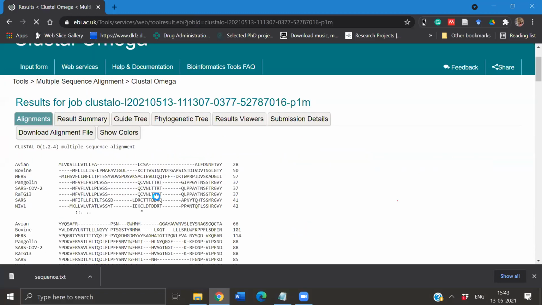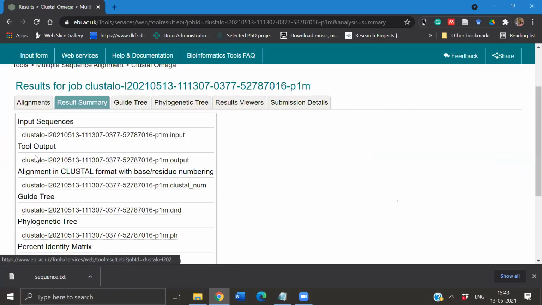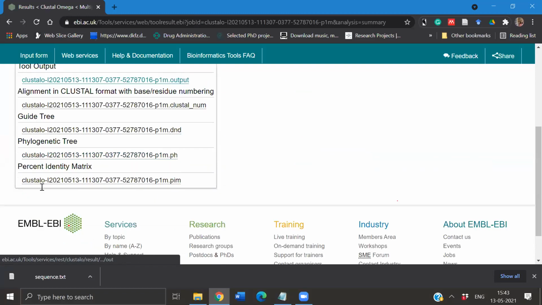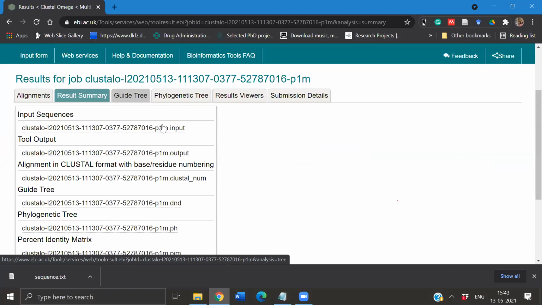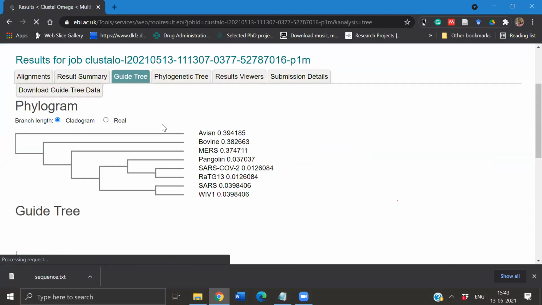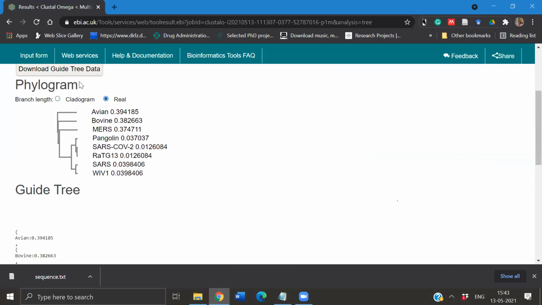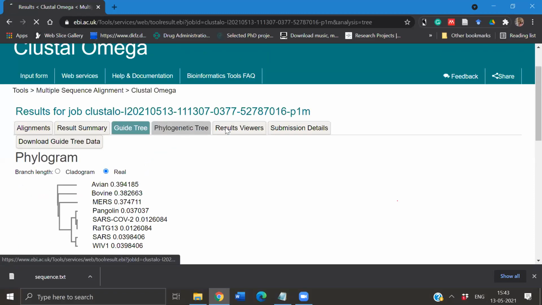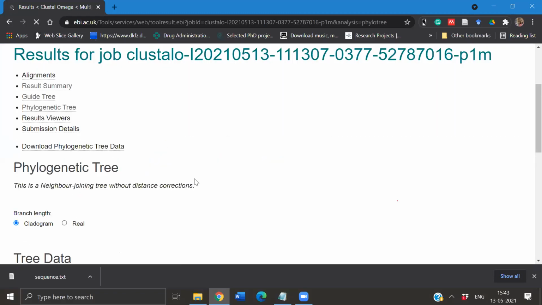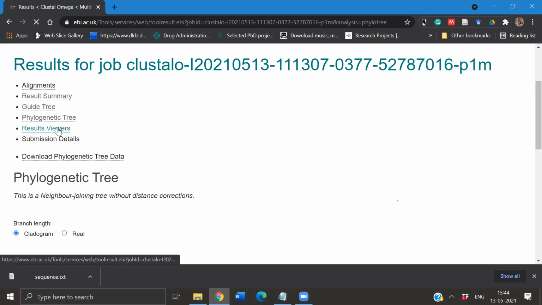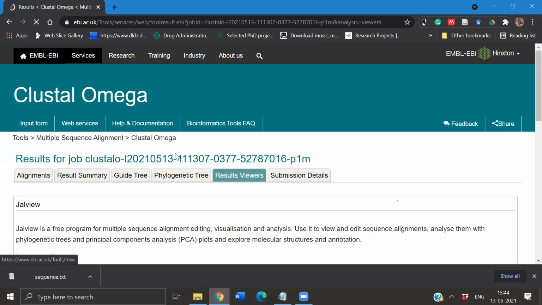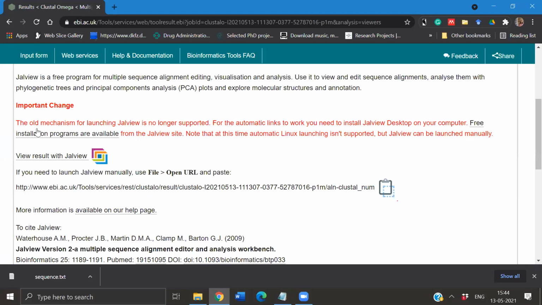So this is how the result page looks. First, it will give you an alignment, then the result summary, which is the input sequence, the tool output, etc., and the percent identity matrix. Then it will give you a guide tree, which is like a phylogenetic tree. This is the cladogram, and you can also choose a real phylogenetic tree, which I'll explain later. Then again a phylogenetic tree, and it also has its own result viewer, which is the Jalview, but not required at this stage. So if you go back to the alignment,